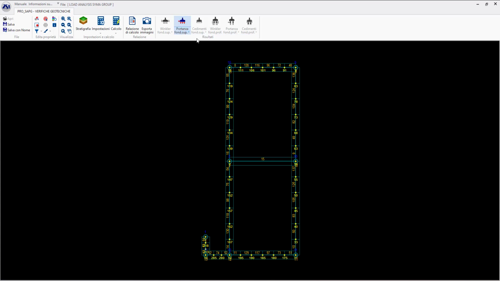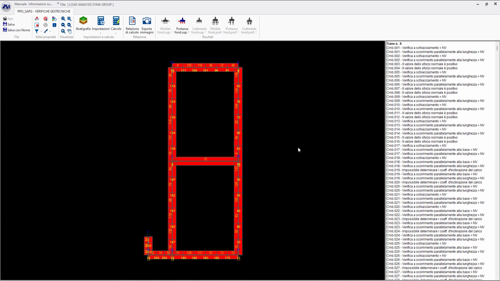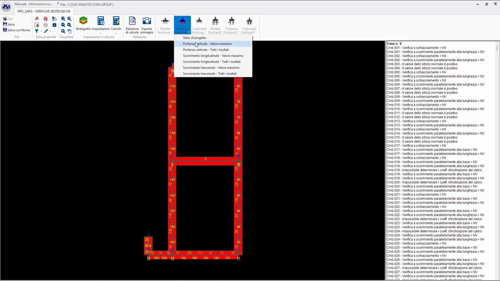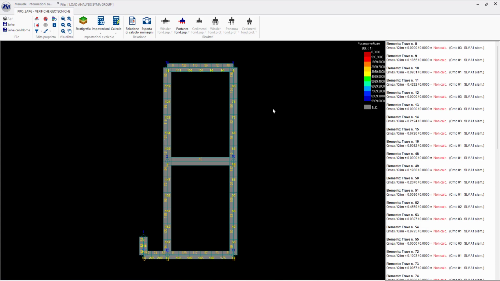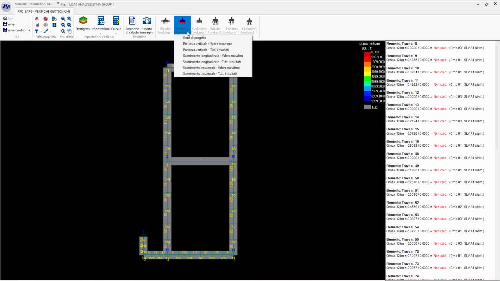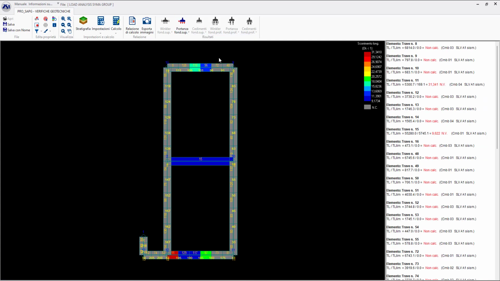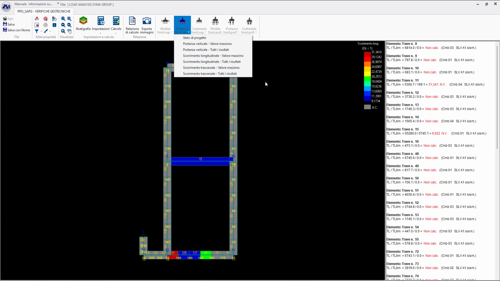So here we have stato di progetto, in which basically for each element it's reported if it is verified or not, and here we have portanza verticale valore massimo. Here it shows the maximum value for each element. It says not calculated. In this case, if we go scorrimento longitudinale, it's another kind of check, and so on basically.